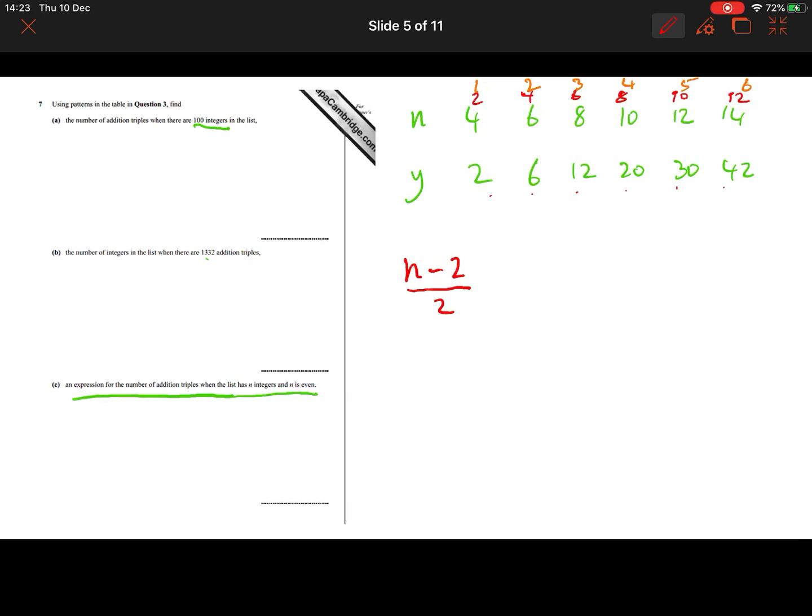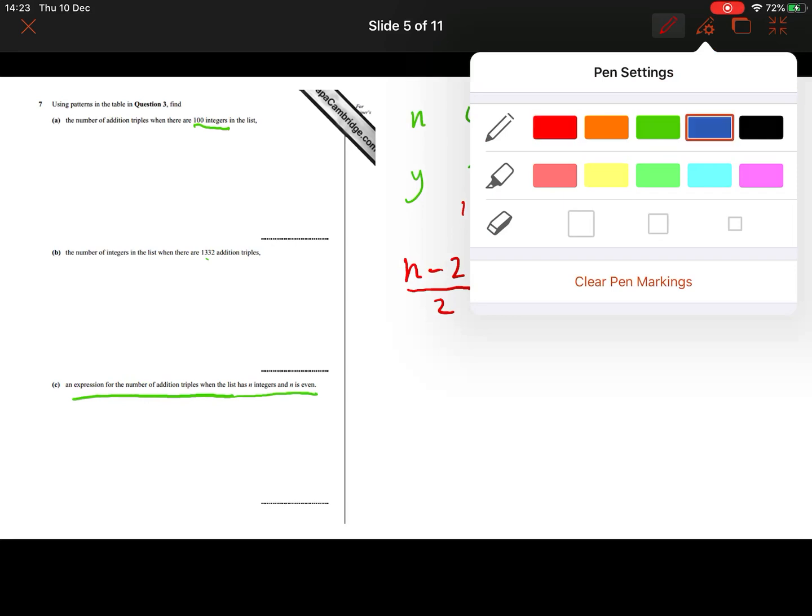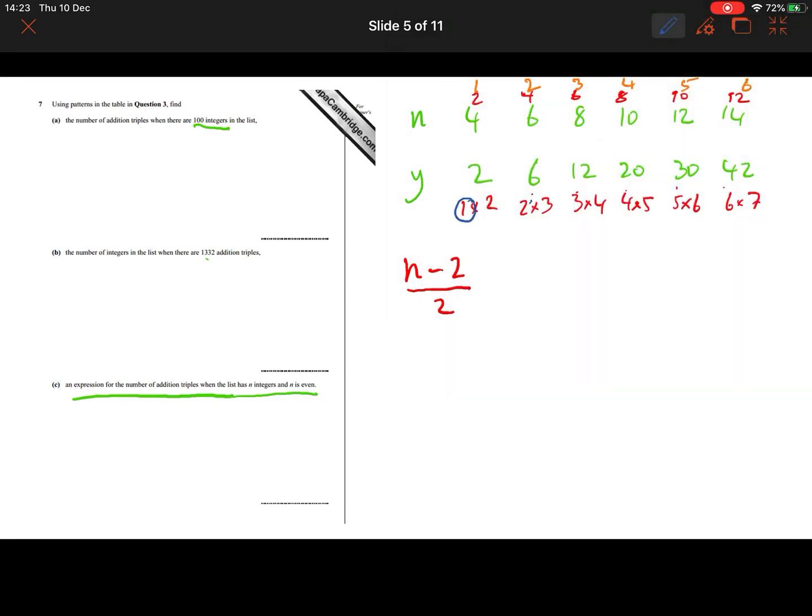Now notice that you could use the algorithmic way of doing a quadratic sequence that Mr. Angus would have taught you, or you can spot something here. Look at each of these numbers. 2 is 1 times 2. 6 is 2 times 3. 12 is 3 times 4. 20 is 4 times 5. Hopefully you get the pattern. 5 times 6. 6 times 7. And this piece here